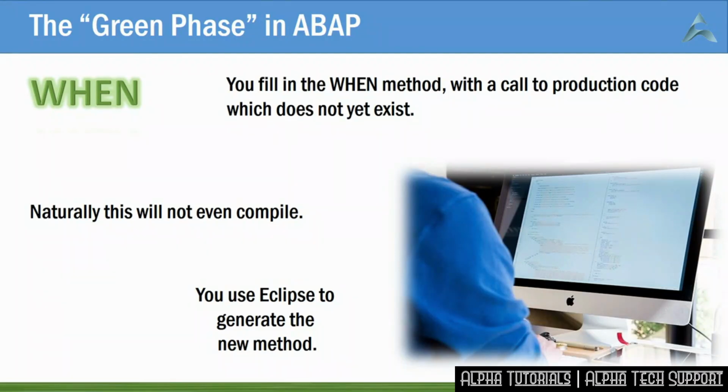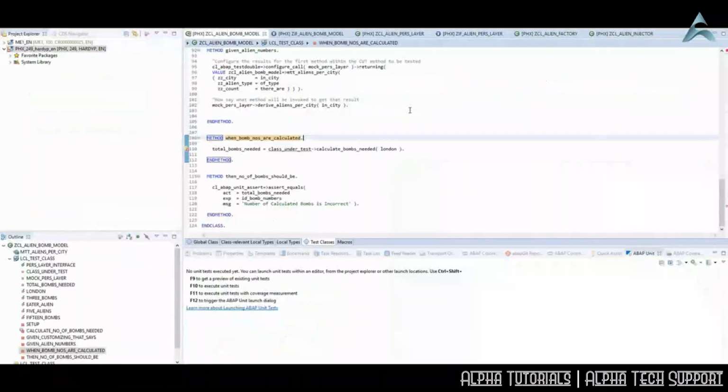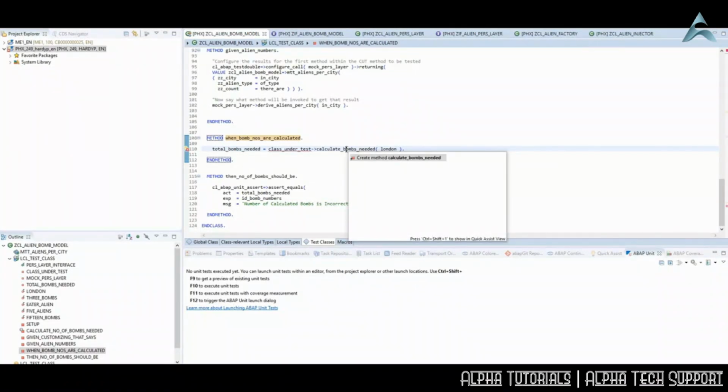We'll have a quick look at this in SAP. We are now inside ABAP in Eclipse, and I'm in the when method. It's got a syntax error at the moment because the production code, the method calculate bombs needed, does not yet exist. In the usual way, I'm going to use a quick fix in order to create that production method. I press Control and 1.